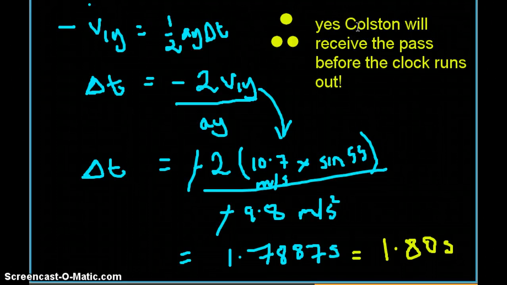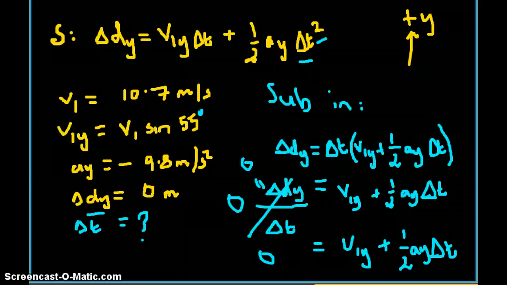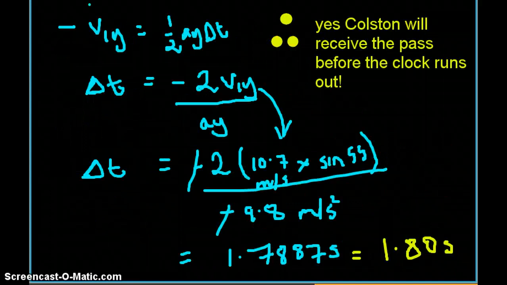So that's your answer. So you've got part A all figured out, and it was really easy, just as long as you got the gist of what part A was actually asking about. It was actually asking me, okay, what is delta t? So we got that figured out. So let's move on to part B. And part B might be a little bit more confusing for some of you, but essentially